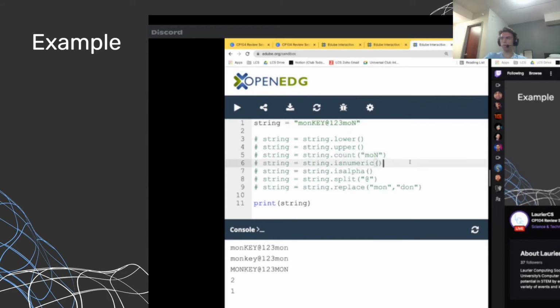Let's comment that out. Is numeric will tell me if the entire thing is numeric, and it should be false. The same goes for is alpha, because it checks if everything is a string, and is alphanumeric. And then if we comment those out,